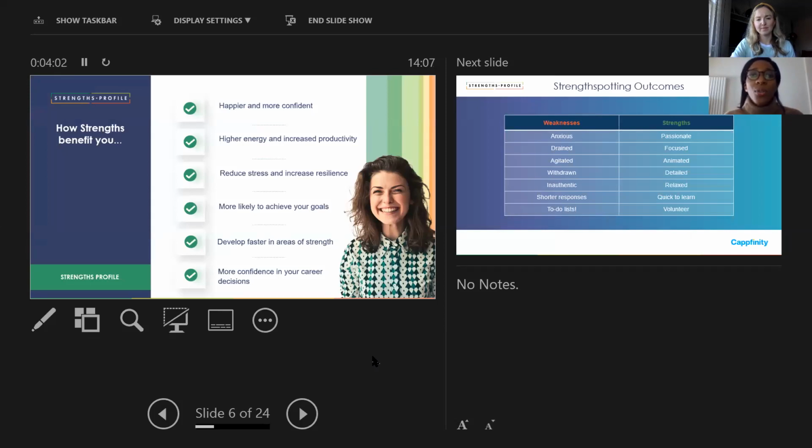So, some of the benefits of using strengths versus competencies. Those who use their strengths at a lot of those organizations are happier, more confident, and their energy is higher. And if your energy is higher, you'll be more productive. So the key takeaway is, it's not just being able to technically do your job, but also being happy, fulfilled and flourishing whilst you're doing the job.